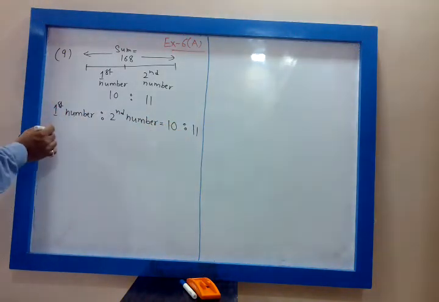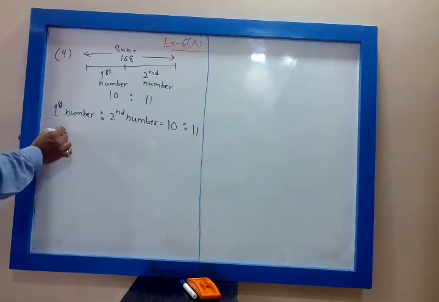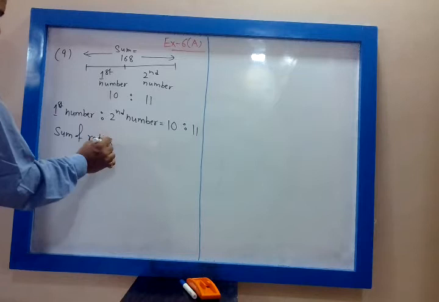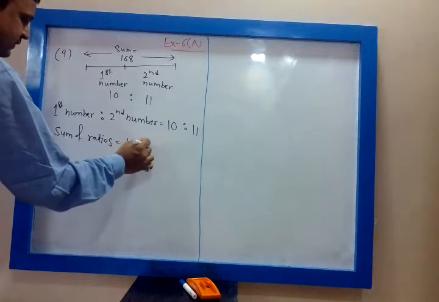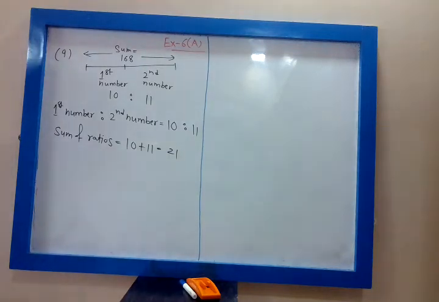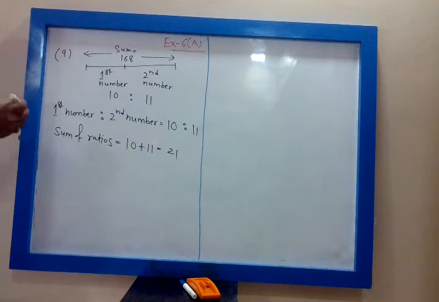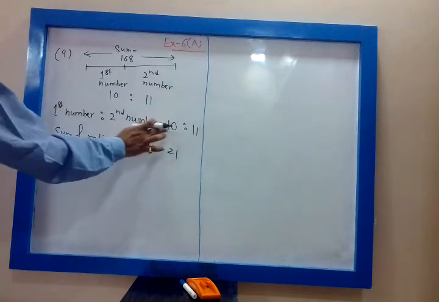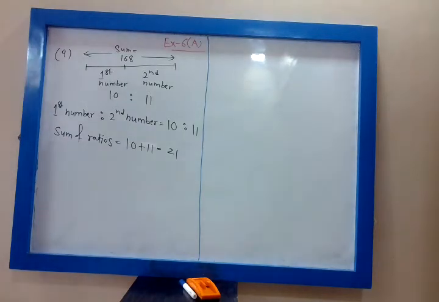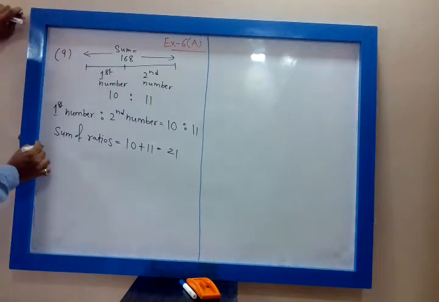So now we find the sum of ratios. The sum of ratios will be 10 plus 11, that is 21. So 21 is the sum of ratio. Now from this, first number ratio is 10, second number ratio is 11, sum of ratio is 21. Now we want to find both the numbers. So we find first number is equal to,